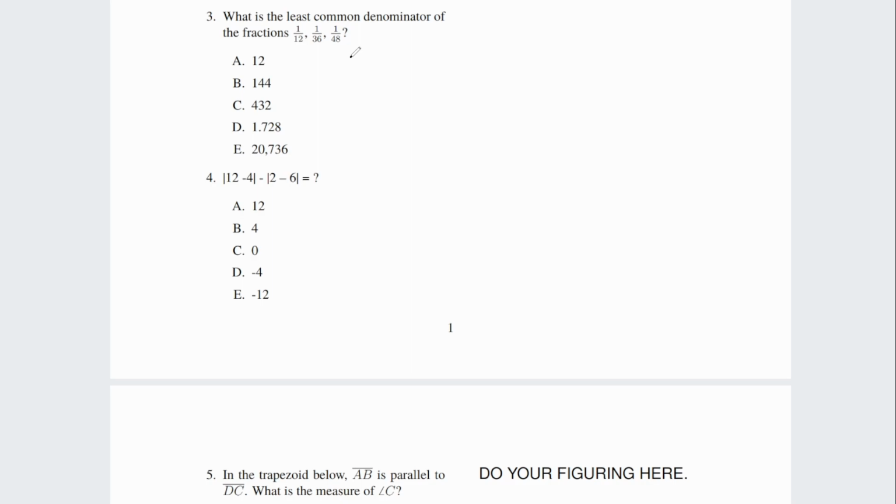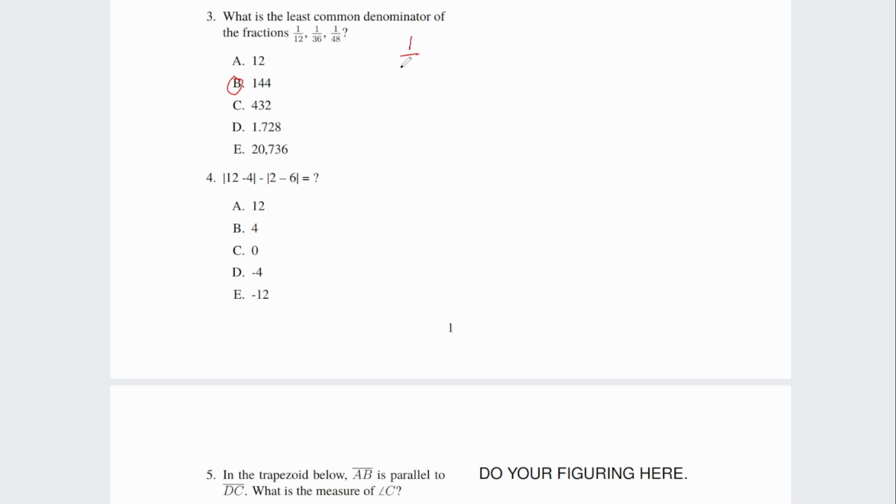And in a sense, this is the same thing as finding a least common denominator between 1/3 and 1/4, and then multiplying those by 12. Because this is 1/3 times 12 and 1/4 times 12, if that makes sense. And the least common denominator between 1/3 and 1/4 is going to be 1/12. So 1/12 times 12 is going to be 144. So that's a complicated explanation, but in essence,